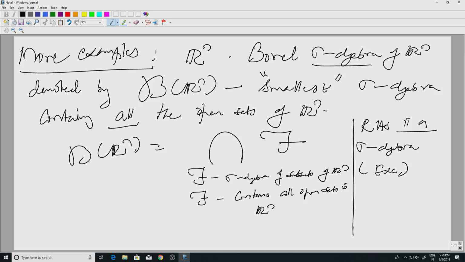Well, how will you prove it is a sigma algebra? You need to know if it has all those three properties. One is whether the empty set is there. Well, the empty set is there in all sigma algebras, so in the intersection also it will be there. Similarly, the whole space is there and so on. So, you check all the three properties to prove that this is a sigma algebra. So, the smallest sigma algebra containing a collection of sets, in this case the collection of open sets, will make sense. Okay. So, more generally,